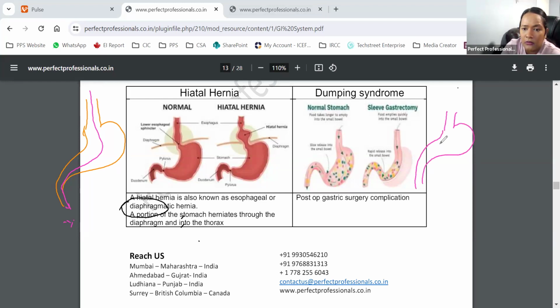Okay, this is an example of a normal stomach. So a patient who wants weight management surgery to reduce weight, what they do is cut this part, the